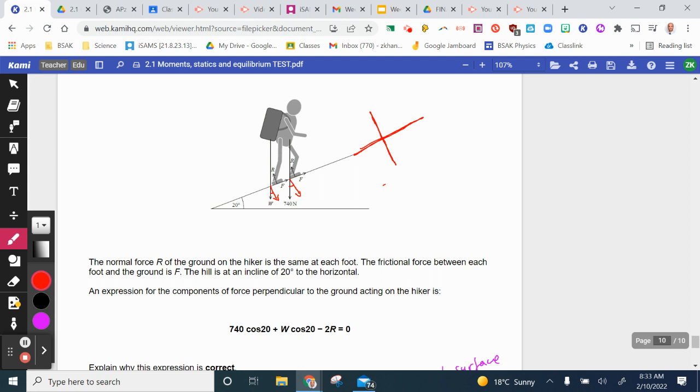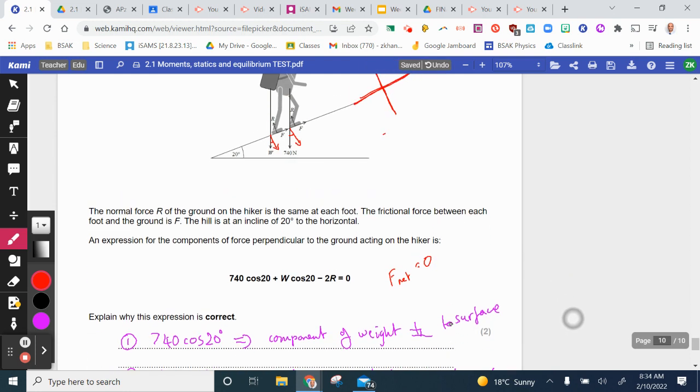W cos 20. So these two are the forces acting perpendicular downwards, and 2R are the forces that are acting to oppose the weight, so the reaction force from the ground. So the net force is these two forces are equal to these two forces, so therefore 740 cos 20 plus W cos 20 is equal to 2R, and rearranging it for the net force equaling 0 gives us the expression